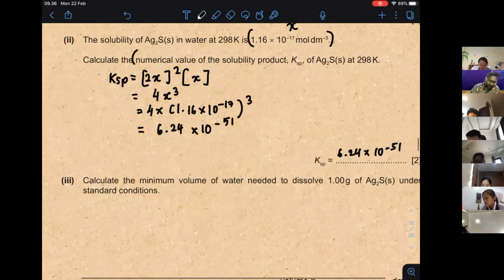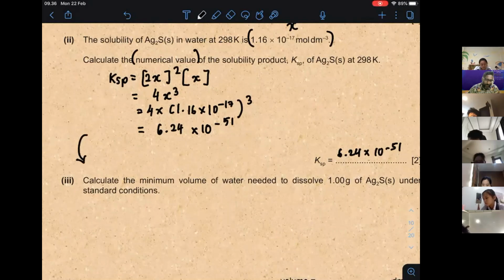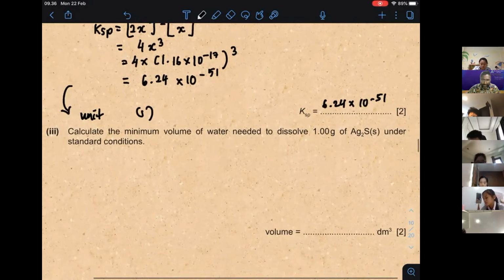They want only the numerical value. Sometimes they will ask you to find the unit. If they ask you to find the unit, then you'll have one more mark for it. So here is just a numerical value. Now calculate the minimum volume of water needed to dissolve 1 gram of this solid under